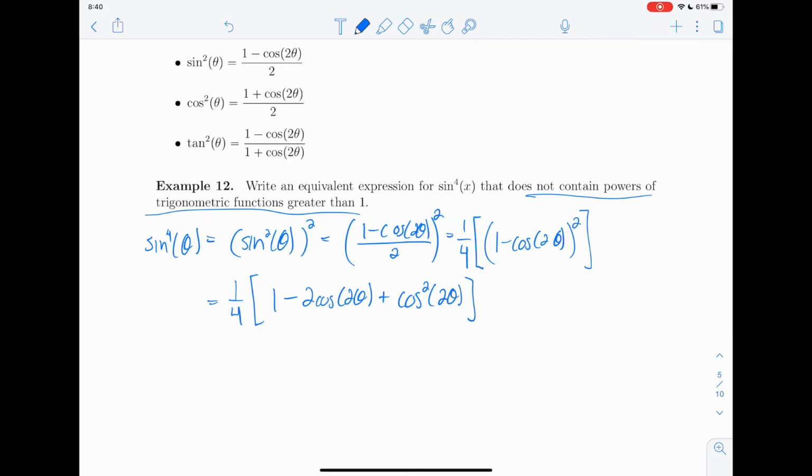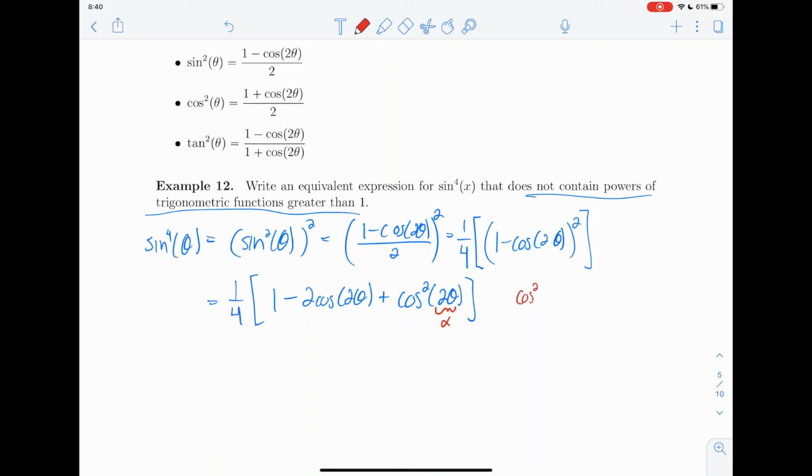Now my objective is to make sure I don't have any terms with powers of trig functions greater than 1. So these terms over here are great because I only have powers of 1 for my trig functions, but this term is no bueno. Notice, however, that if I were to call the inside of this function alpha,